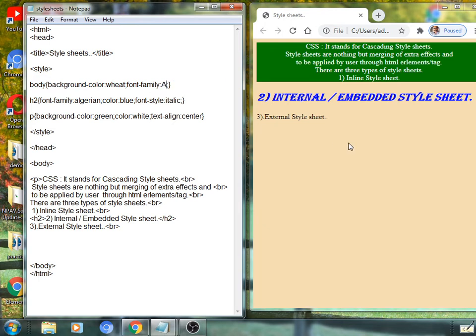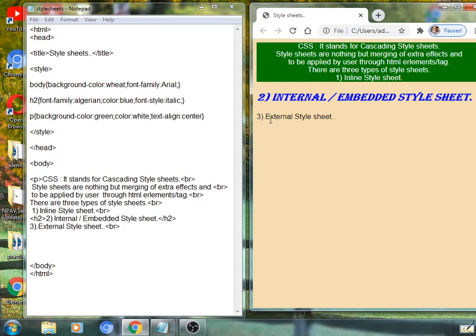Now we are going to apply something else, font-family Arial. Save this here. It is changed. See here, it is changed. Here also it is changed, Arial, like this.